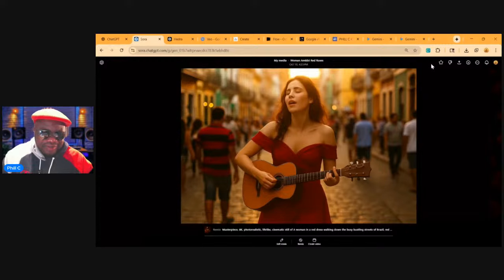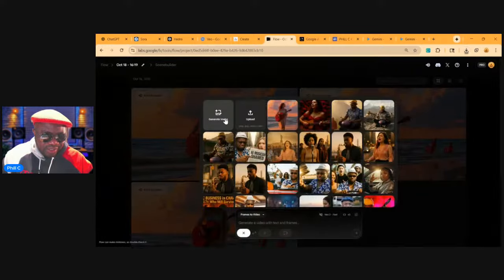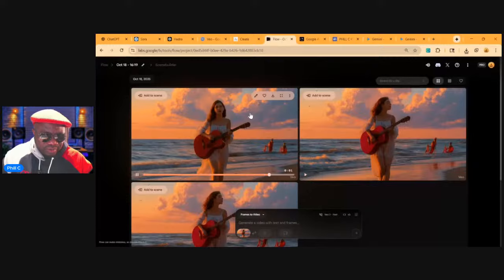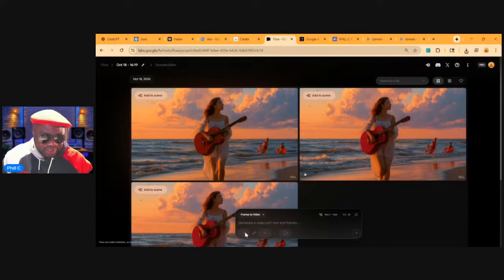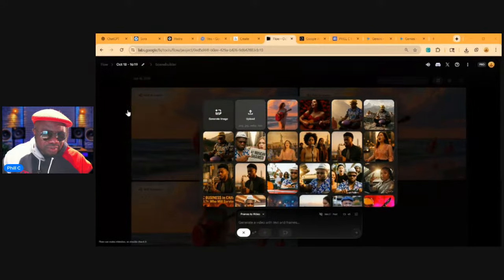So Sora has given us this. We will now go into Flow and we will bring it in. Nope, nope, nope. Bring this in. Upload it. There she is. Open it up.